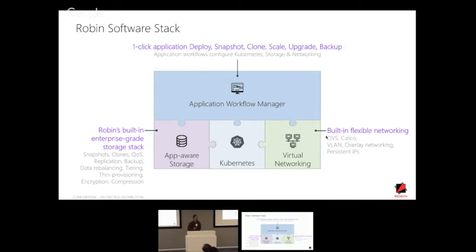It has primitives to manage any kind of application, be it Oracle or Hadoop. This is the block that will allow you to deploy applications, scale, snapshot, clone, or migrate. We are a software-only platform. We run on bare metal, VMs, or any cloud, or the big 3 major clouds.